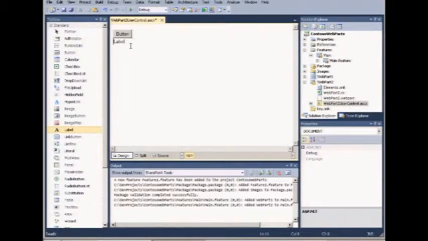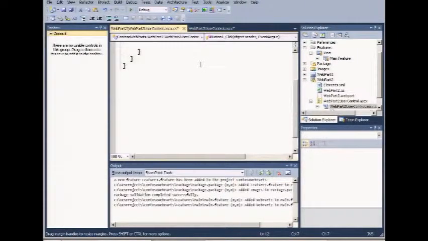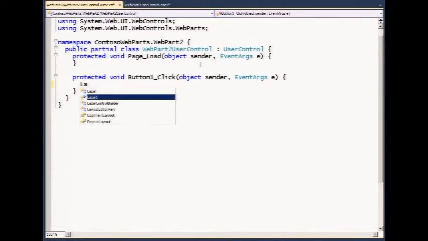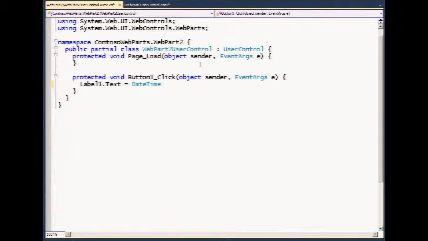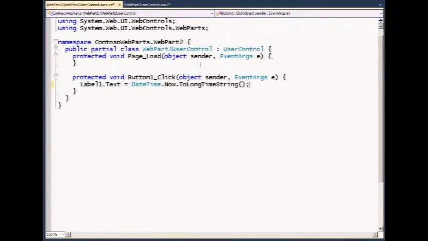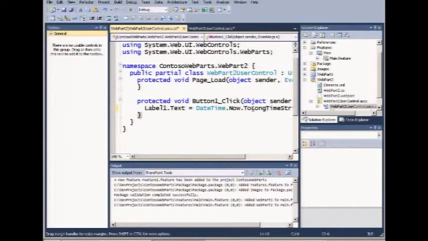But in this case right here, just to get instant gratification, let's double click on the button and notice that it creates an event handler for me. And now that we have an event handler down there, let's say label1.text equals, and then we'll just put in the current date and time. DateTime.Now.ToLongTimeString, and that will suffice just to get a demo